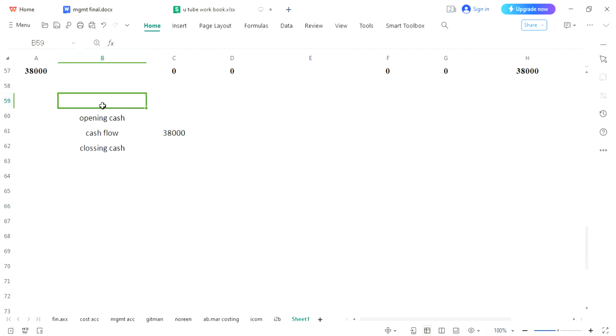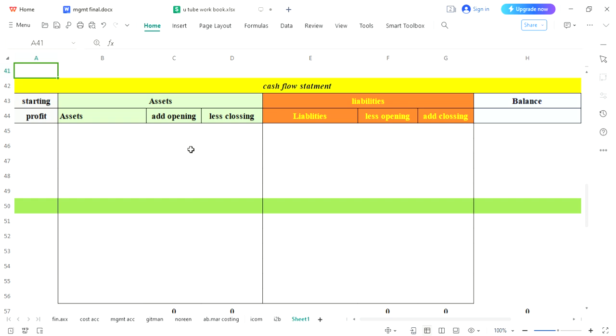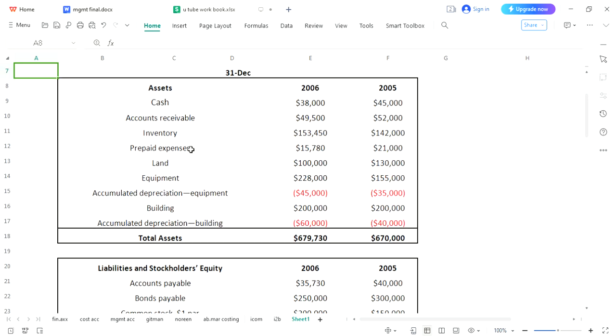And the major target is this. This is our check. As you know how important a check is in your paper. What you will do is, opening cash would be given in your question, the cash flow answer would be present over here, and when you put this answer at this place, the minus or plus sign would be calculated automatically. When you put that cash flow balance over here, you will get your closing cash automatically. So this is our target and a brief introduction has been given. So why not we should start our question.